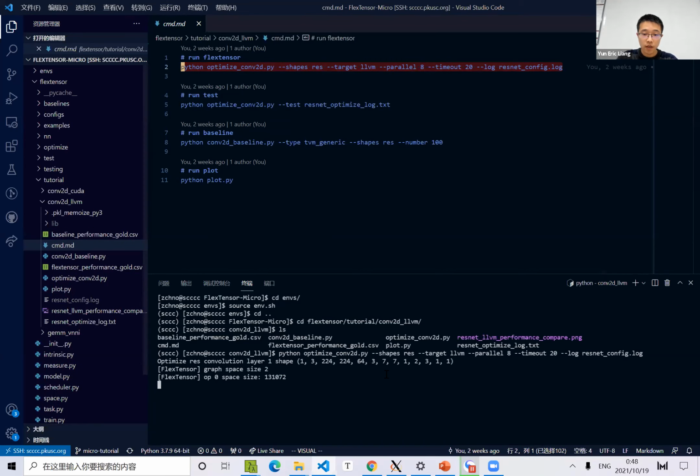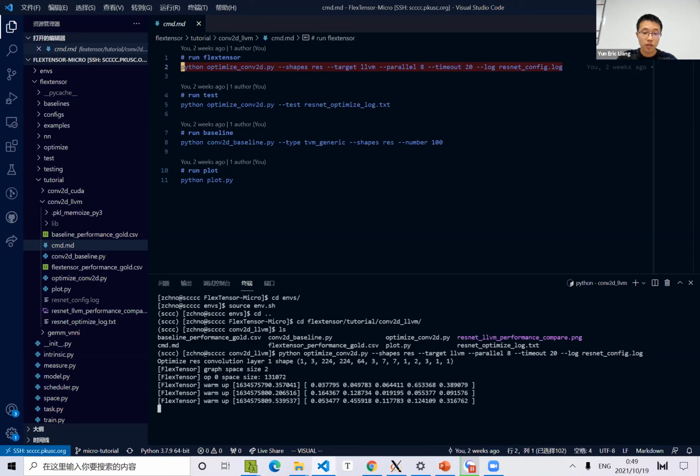And you can see we are optimizing ResNet and targeting the CPU platform. And we use 8 processes. FlatTensor is running, and it tells you some useful information. It says that you are optimizing a convolution layer, and this is an input shape. And the total optimization space size is very large. But the graph space is small because we are just optimizing 1 layer, but the operation space is very